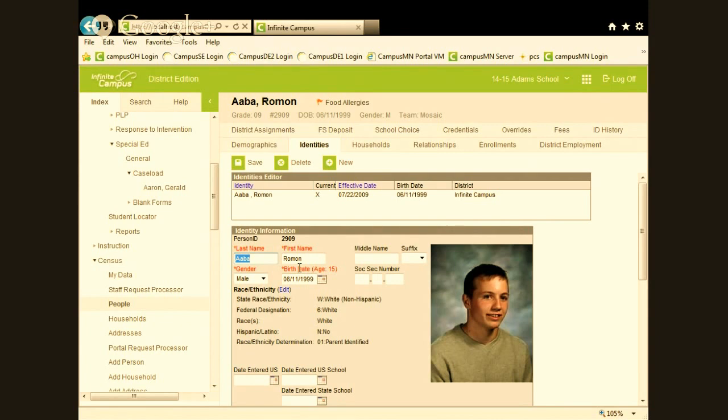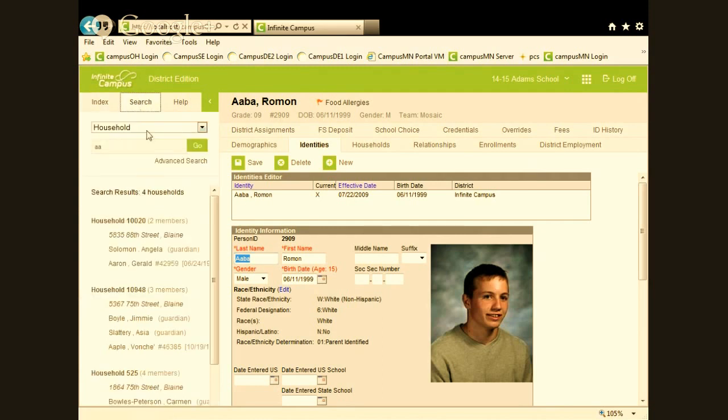So when you do a search for Susie Smith, you would see in your search window both the old name and the new name. So we never get rid of anything. Kids who go through name changes, we do the same thing. Don't just change the last name. Create a new identity with the new name. So we track old and new. And you could do that 99 times if you wanted to. You could do it 120 times. There's no limit to it. But the search is really complete because we're not going to remember Susie Smith 10 years from now. Does that make sense? We do the same thing with households.